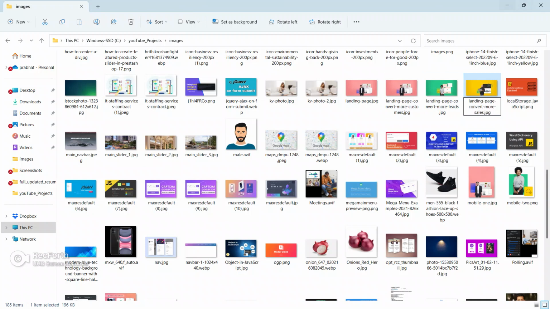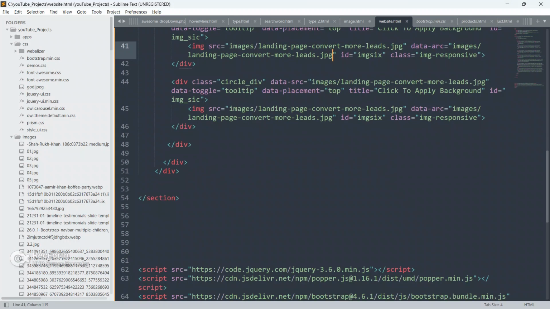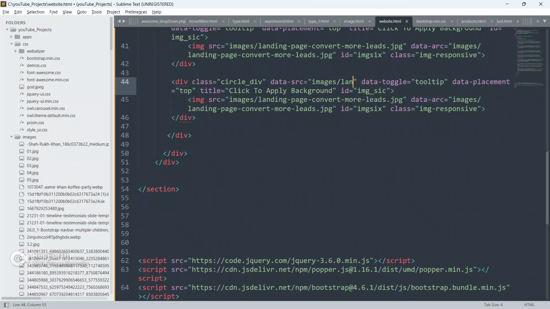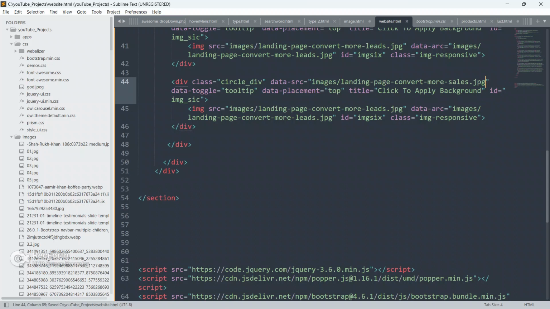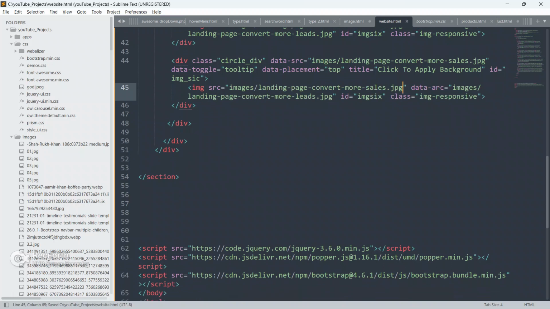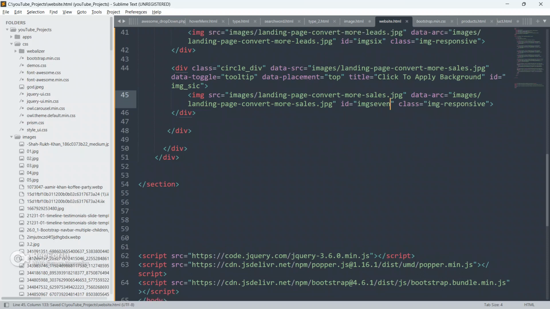Again copy this div, paste it here, go to the folder, copy this image name and paste it here. Just replace it, replace this also, and replace this also. Make this as 7.